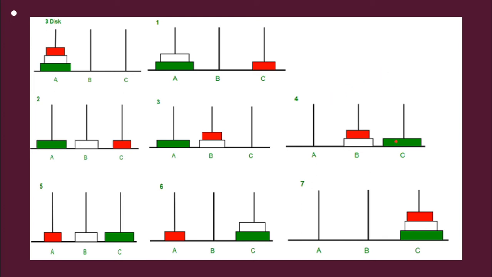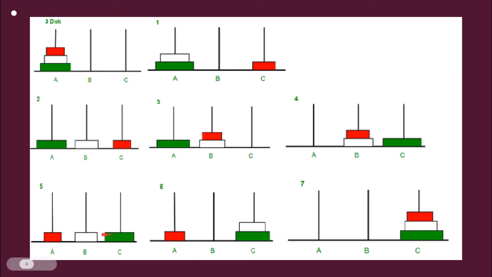Okay, now what you have to do, we cannot pick two disks at a time, we can move only one disk at a time. So we have to take this back, because the rule says we can remove only from the top of the stack. So remove this saffron disk back to A. So now saffron is shifted to A, white is in the B rod, and green is in the rod C.